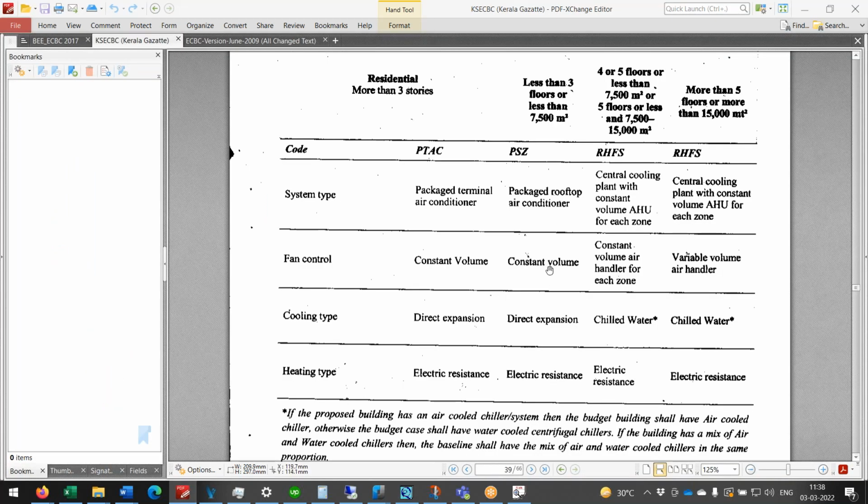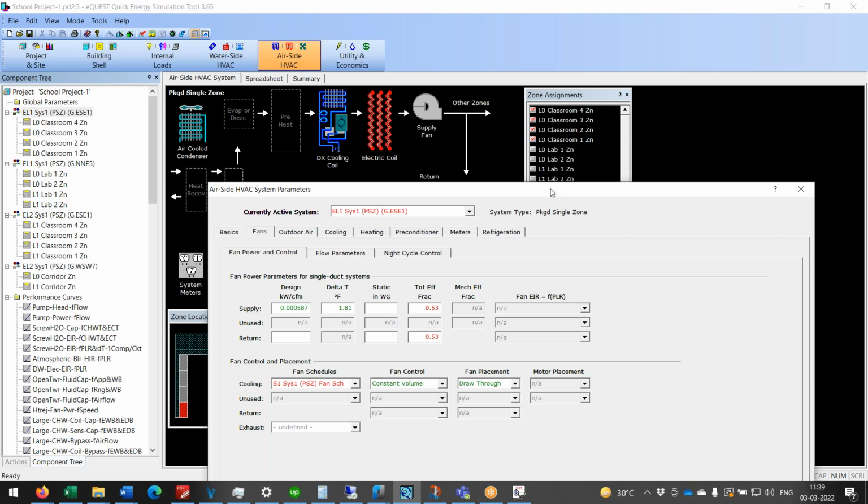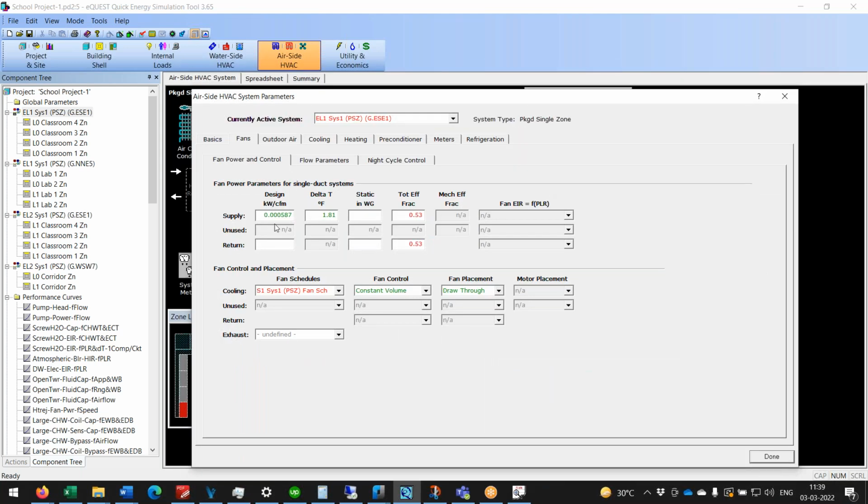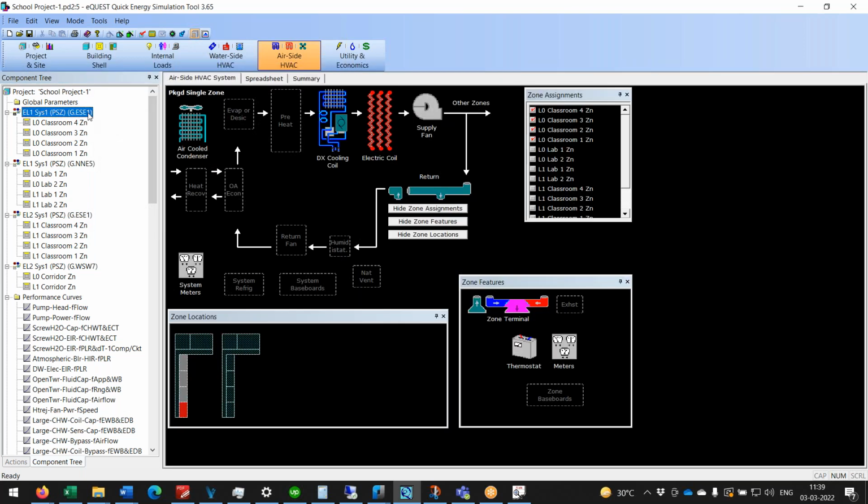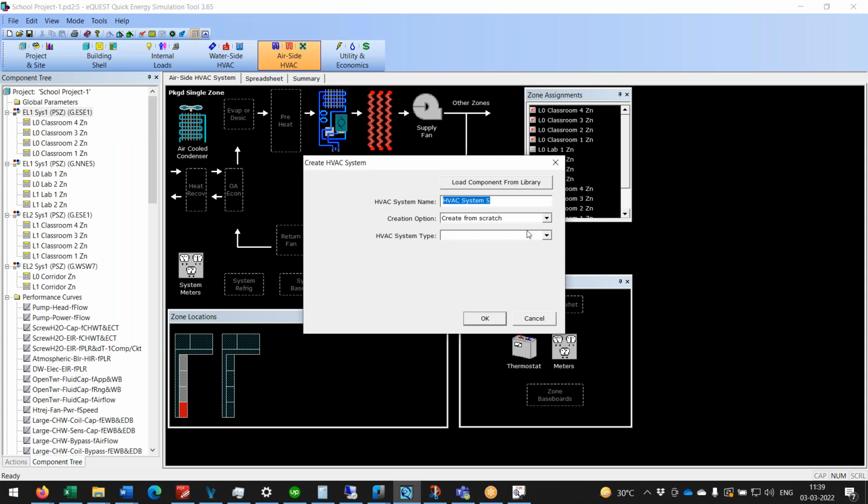Fan control is constant volume. Cooling type direct expansion, heating type electric resistance. The only thing that it says is that each system should have only one thermozone. Okay, so for that, all we need to do is create another HVAC system,